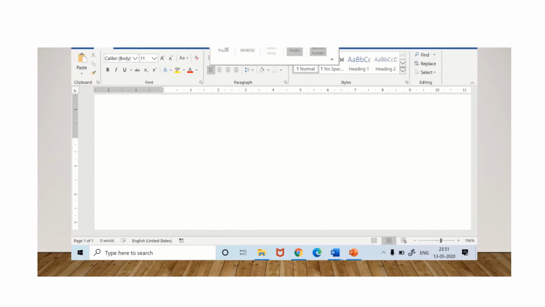The small blinking line is called the cursor. The cursor automatically shifts towards the right as soon as we start typing the text.